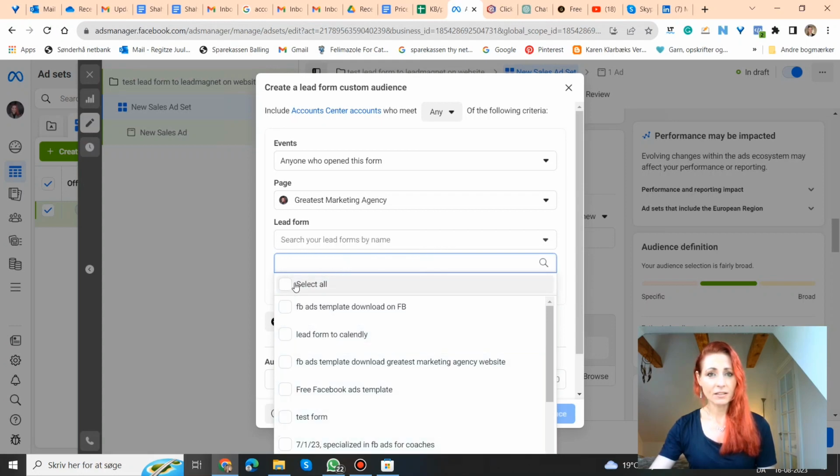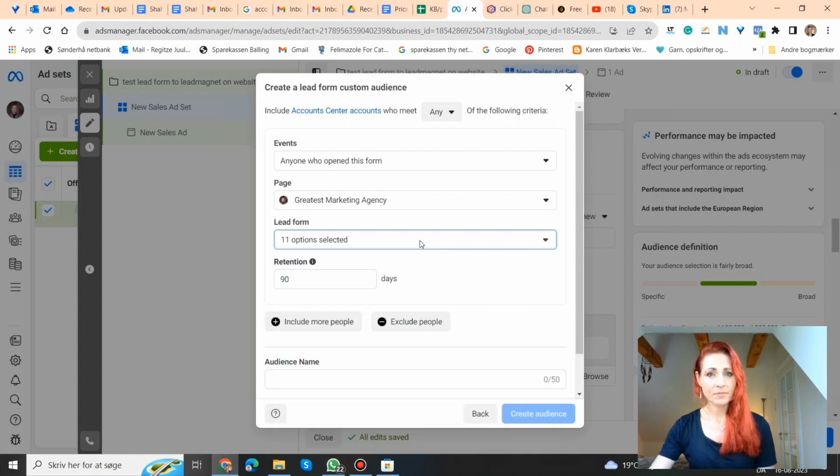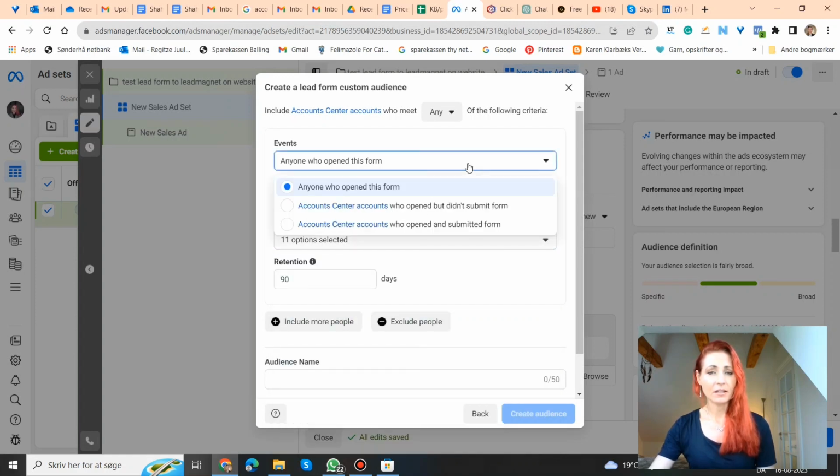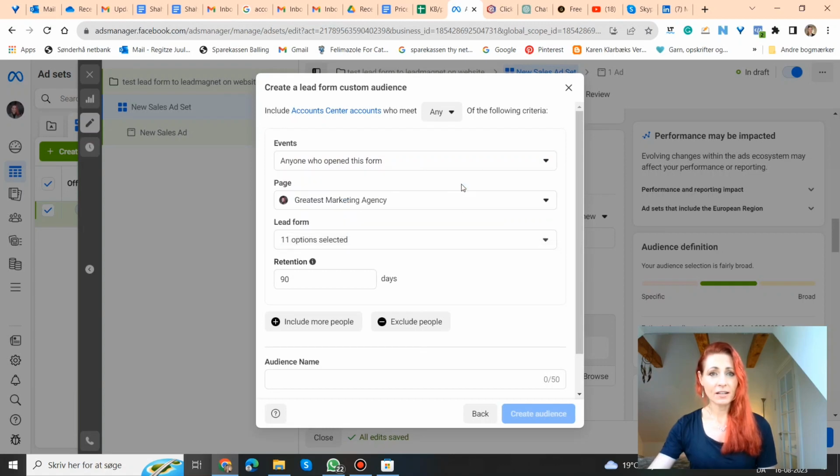I'm just going to select all. And then you can target people who just opened the form, or you can target people who opened it but didn't submit it, or you can target people who opened it and did submit it. So all kinds of